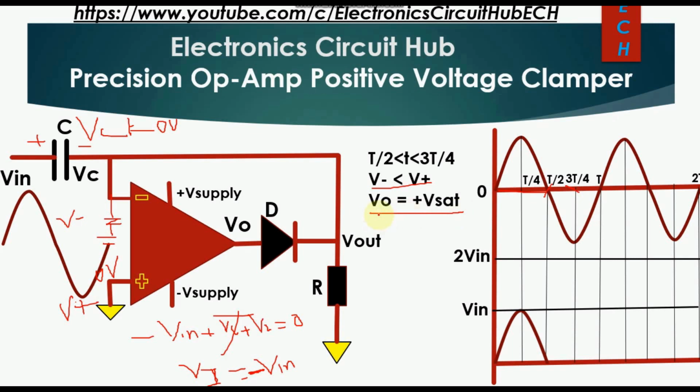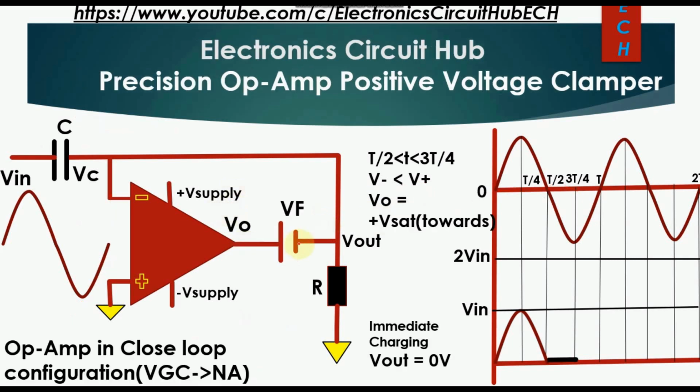Okay. So because of that, your diode anode will have more potential than your diode cathode. So this time this diode will be turned on and it behaves like a short circuit. There is some voltage source, this is Vf. Because the diode will get turned on, this op-amp will not go towards positive saturation. This is an important thing you have to know. This is the behavior of the precision diode.